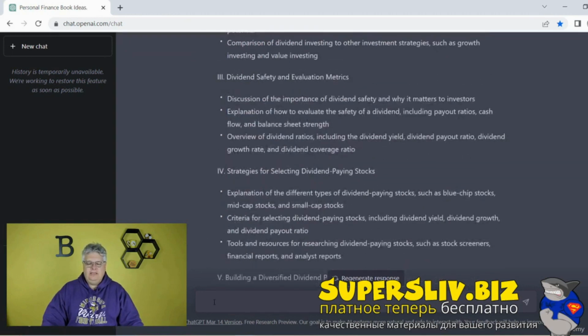Let's tell ChatGPT, please write the content for section 1. It thinks it should know section 1 introduction. I'll make sure by putting an introduction. For section 1 introduction, please write the content for section 1 introduction